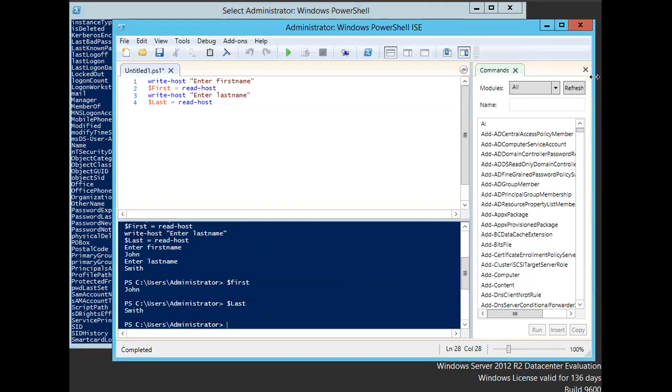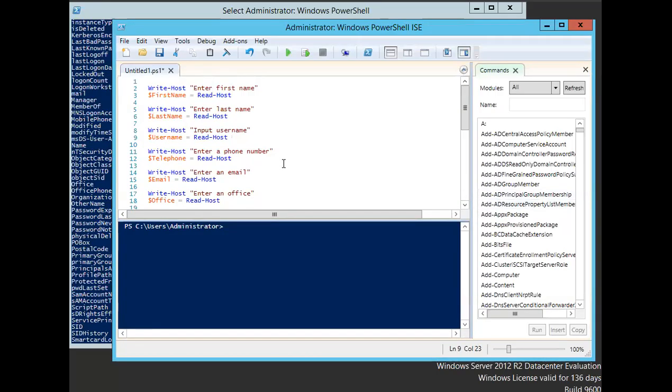And then we could move on to creating the actual account with these variables. So we can take a look at actually creating the account and how to set multiple values, all with the New-ADUser cmdlet. All right, so I paused the video for a few minutes there and typed in